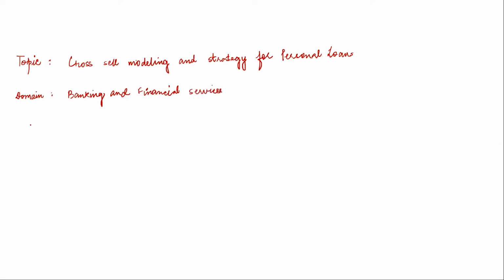Okay. And what kind of use case is this? Cross-selling. So the use case type is portfolio growth. Basically, there is a loan portfolio already, but the bank or the financial institution wants to grow the portfolio, right? So what I want to cover with you guys is,